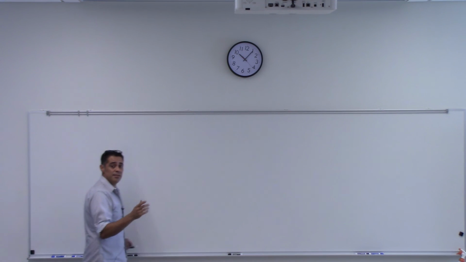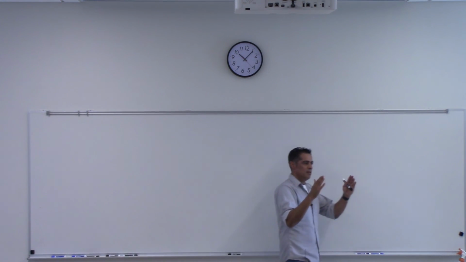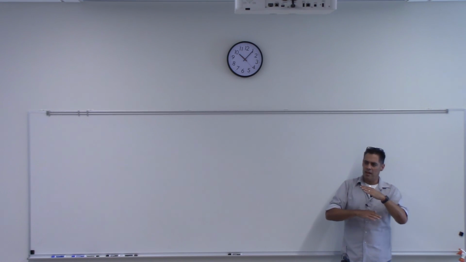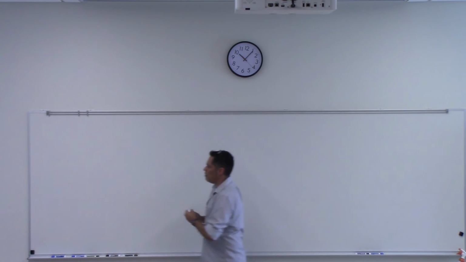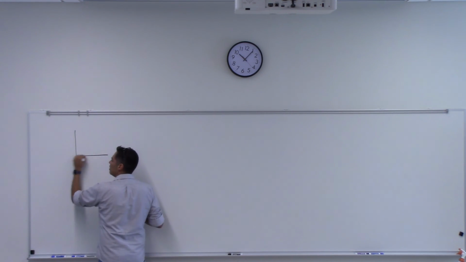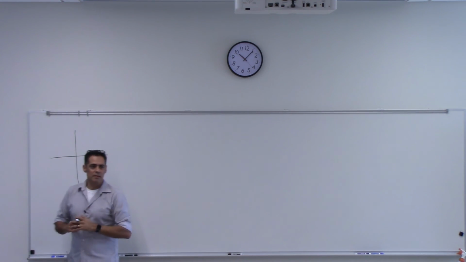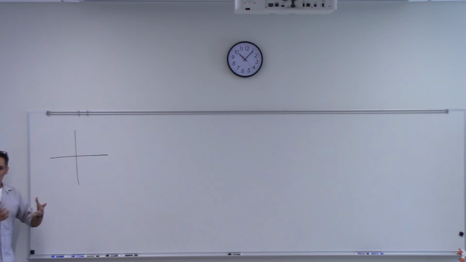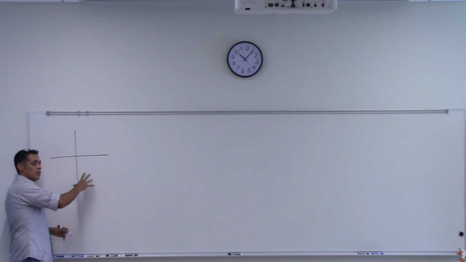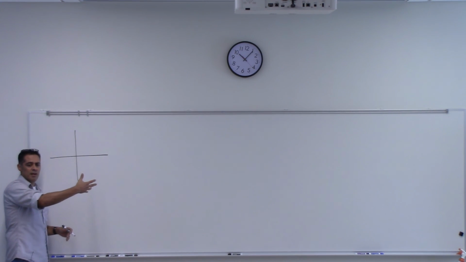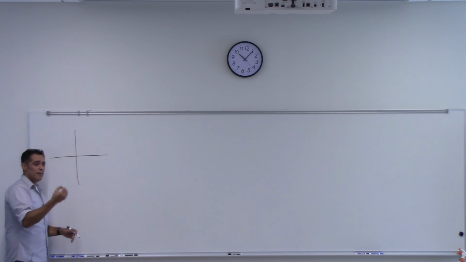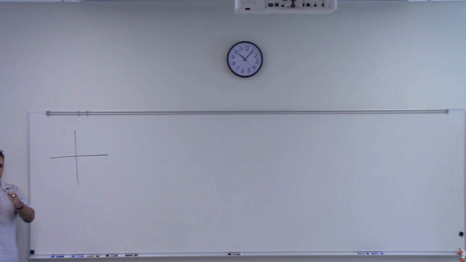Two parallel lines don't intersect each other, right? That's kind of the idea. But do you remember what I said in the beginning of class? We call this the Cartesian plane. All the geometry that you learn here, even in calculus, is based on Cartesian geometry. But there are other geometries out there. It's not the only geometry that exists. So we all agree that parallel lines don't hit each other, right?